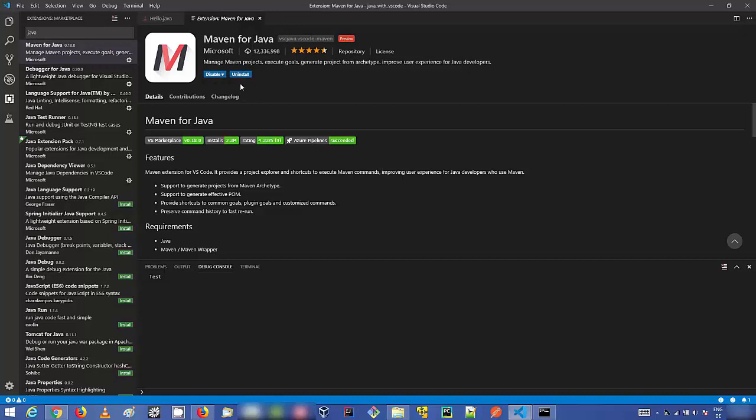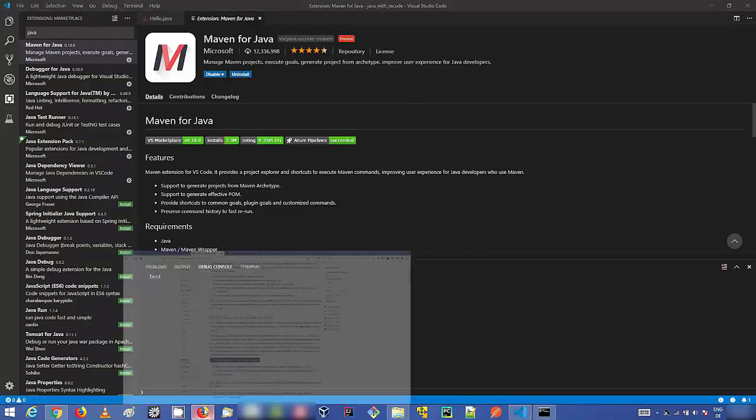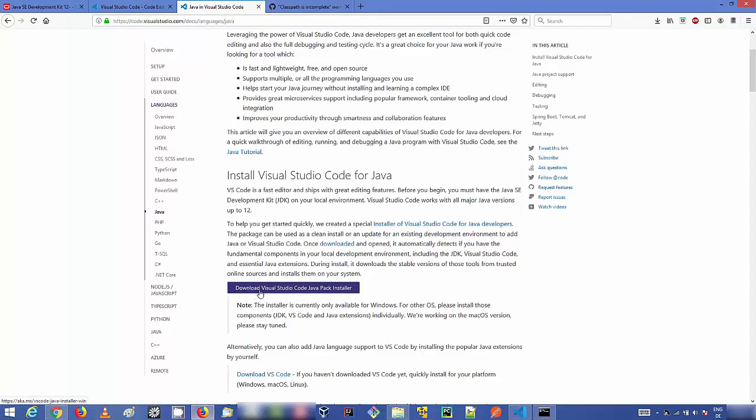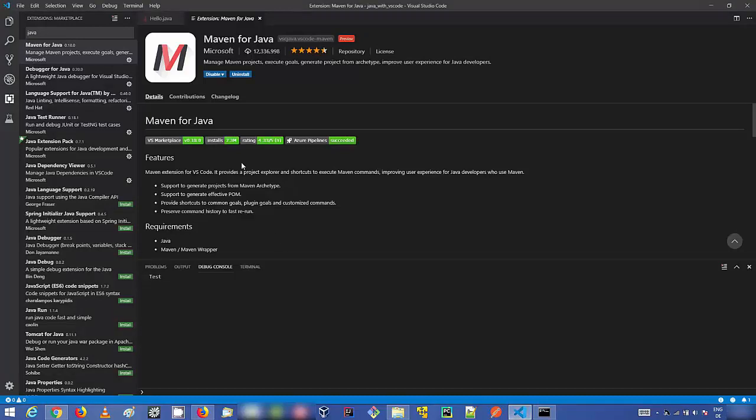I haven't installed it specifically, but it's installed automatically because I have already installed this option, which is Visual Studio Java pack installer. So some of the extensions are automatically installed when you install this Java package extension for Visual Studio Code.